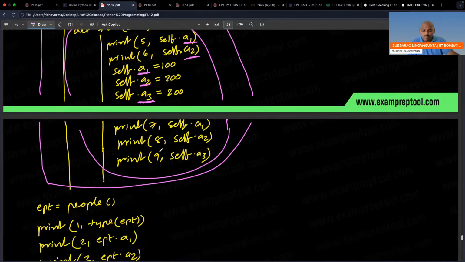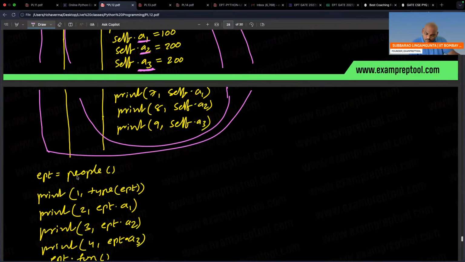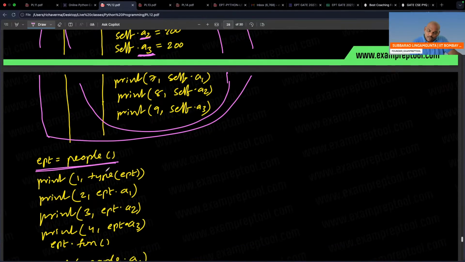For the main program, running will start. So one object is created, EPT. Okay, perfect. Now I call type of EPT. If you see the type, it's a class only. It's a class type.